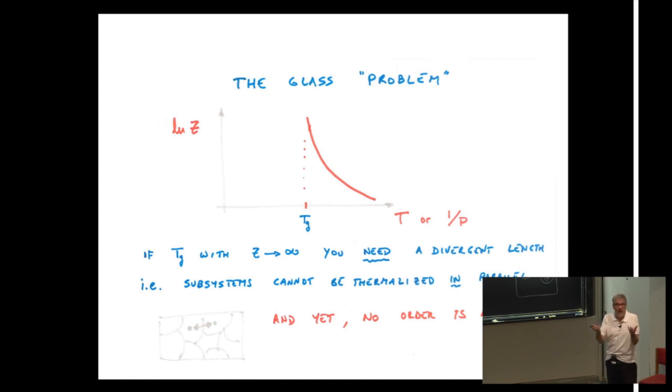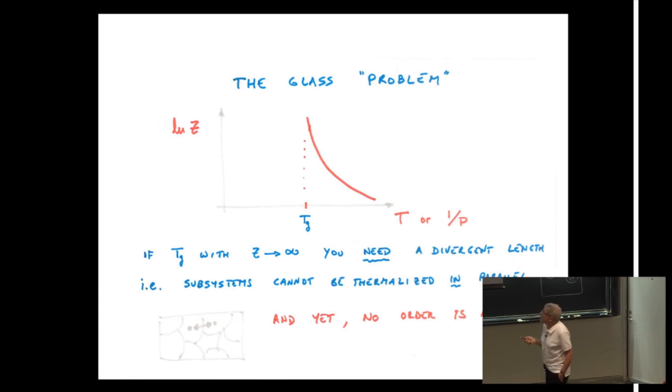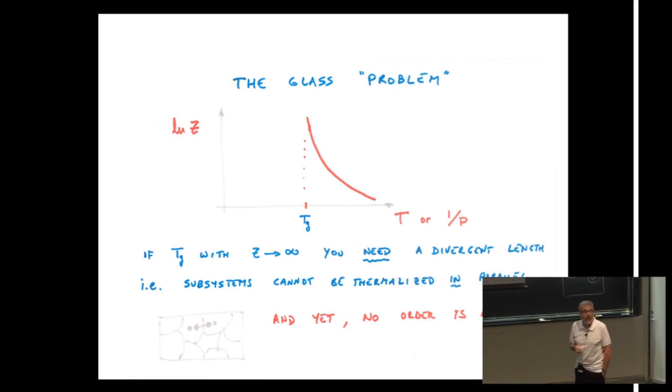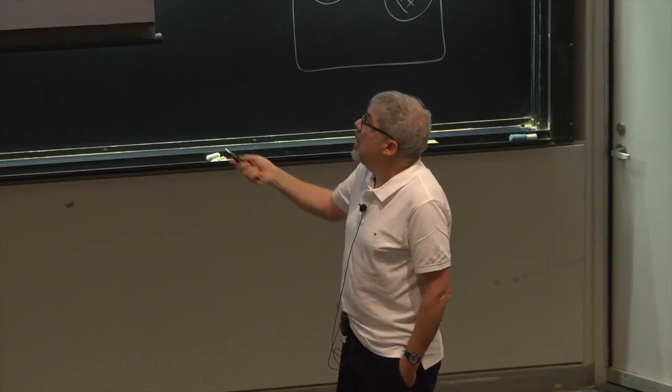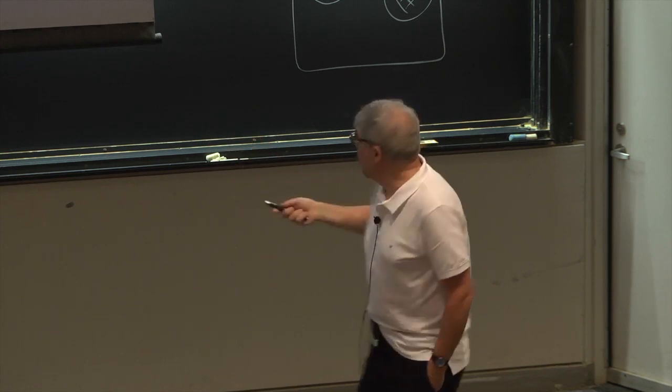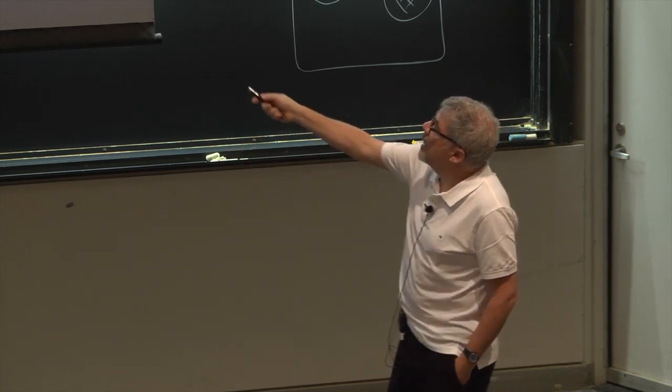Just a double well will do the job, because you just don't cross it. So this is one reason why glass physics is described as being a problem. The problem is you need order, but you don't seem to have it. But maybe you don't need it, and maybe the length of coordination, if you want, that you need to get